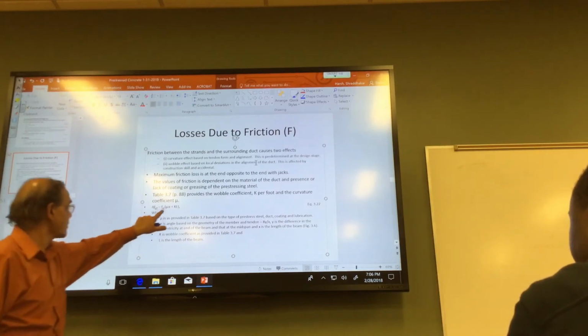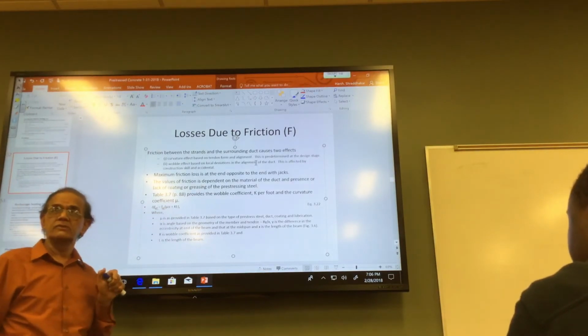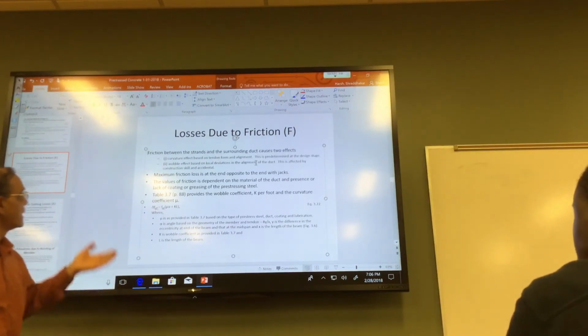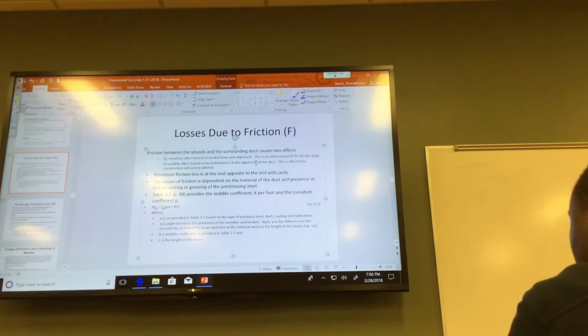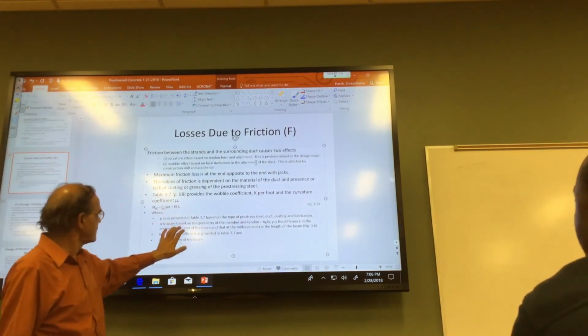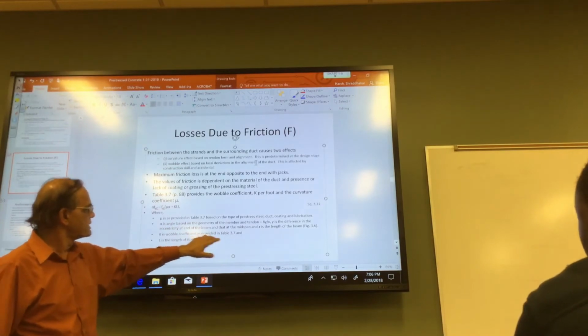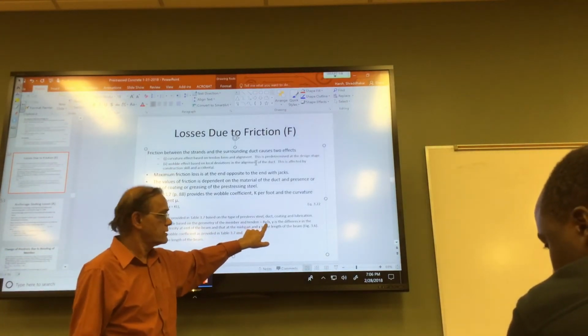So we always have normal force multiplied by these two, right? And so the value of friction is dependent on the material of the duct and presence or lack of coating or greasing. That makes sense, right? Friction depends on these things, what type of duct you have. Where mu is given in a table, alpha is the angle, which is 8y over x,